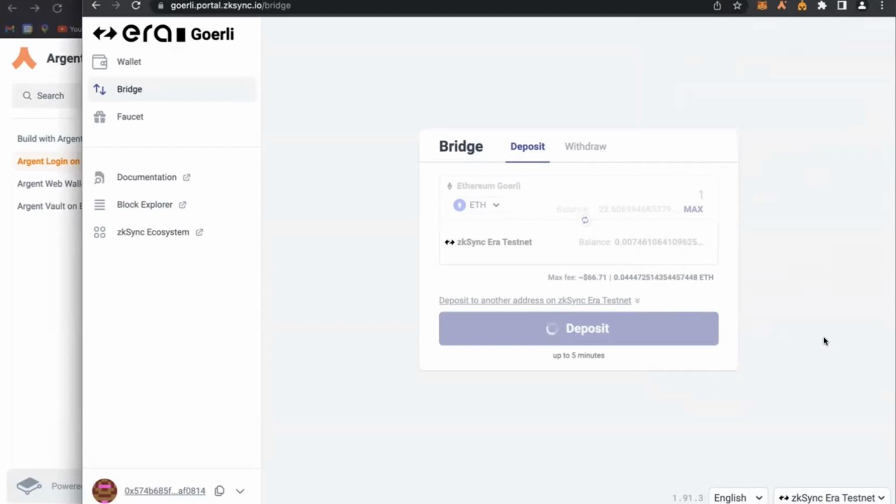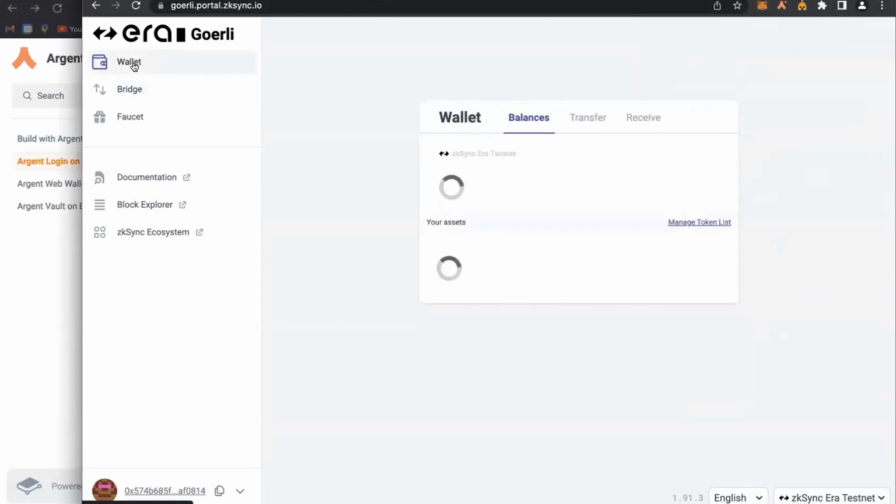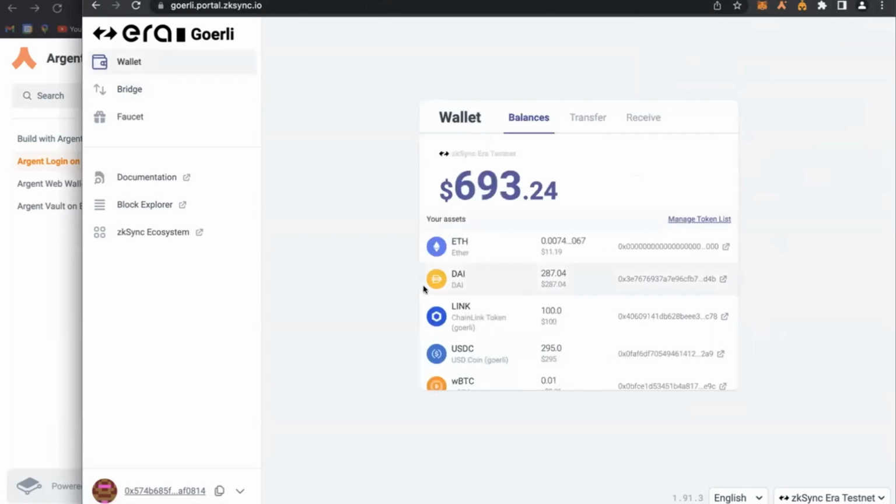Always check you have enough ETH before the demo. That's what we call the demo issues. So, yeah, that's pretty low.